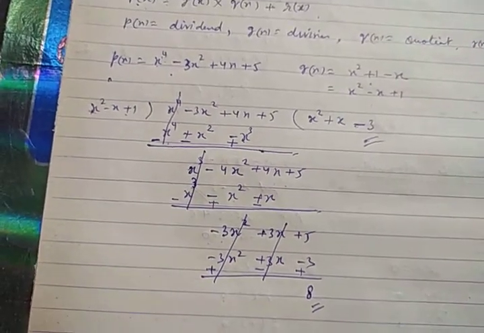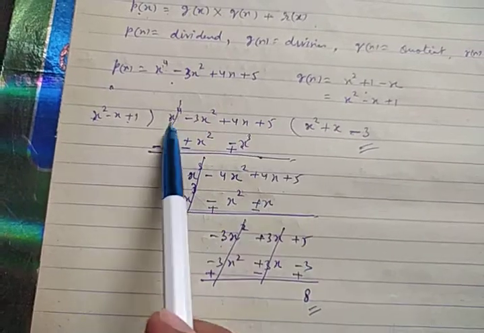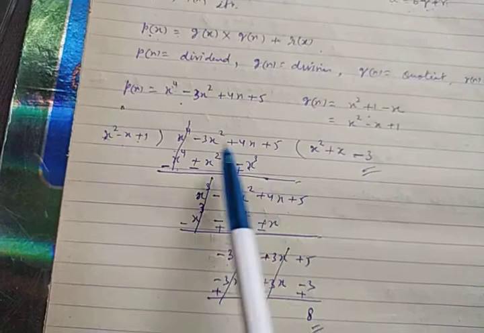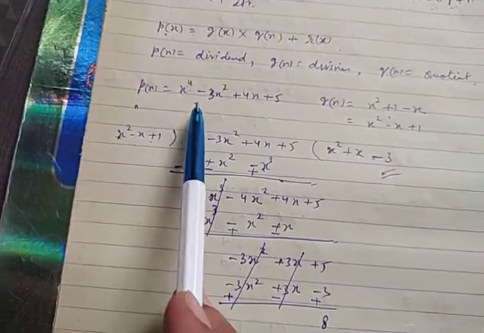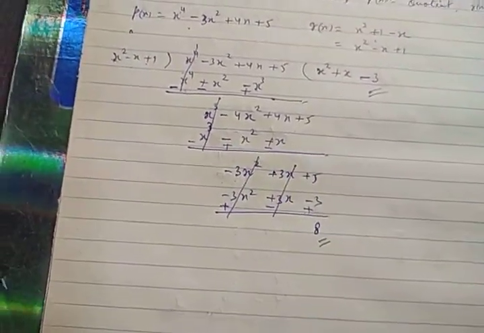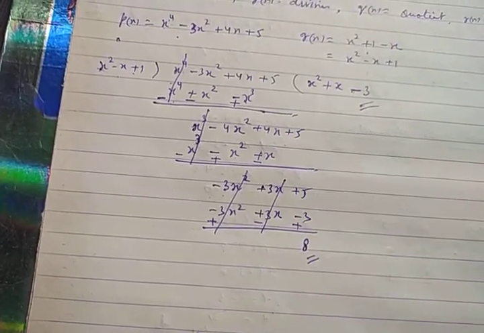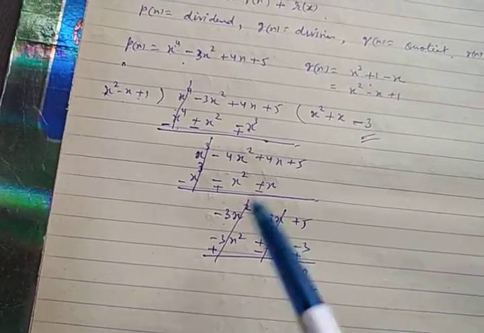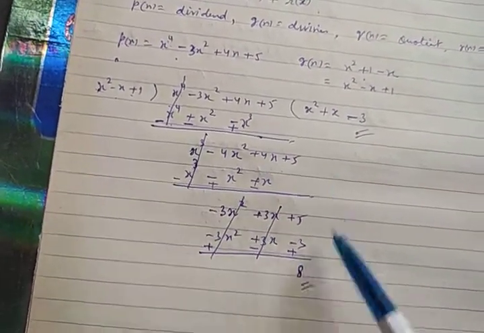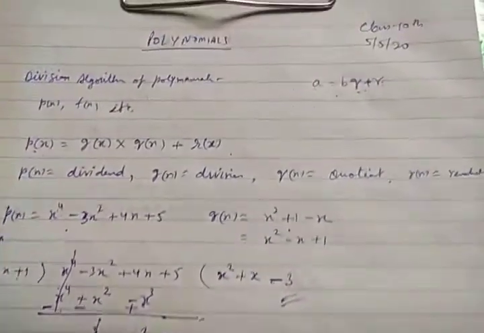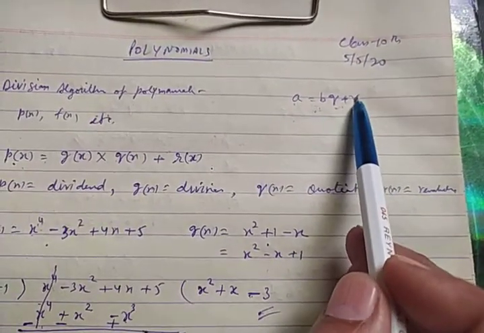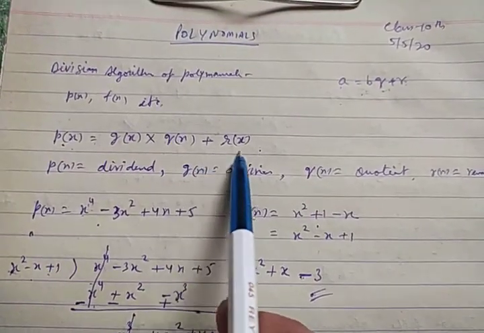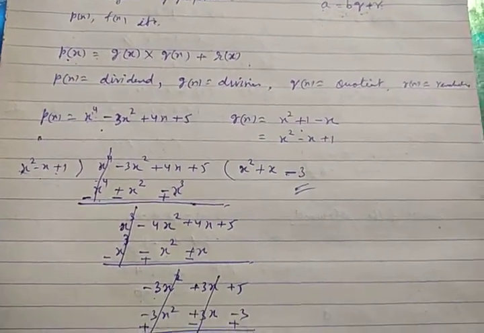If remainder becomes 0, it means the given dividend is fully divisible by the given divisor. Means you can say gx is a factor of px. It may be asked in the questions, prove that gx is a factor of px, or given expression is a factor of given polynomial. Then by division you will show that remainder is 0. As in Euclid's, when remainder was 0, it was a perfect multiple. In the same manner you will count here for the polynomial's remainder to be 0.